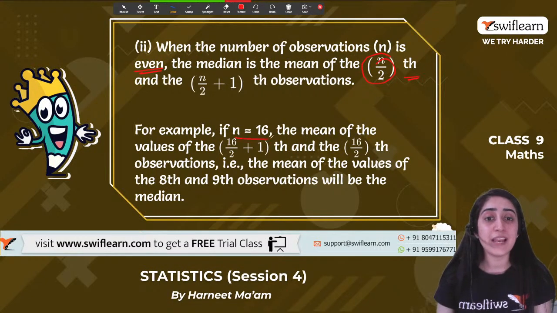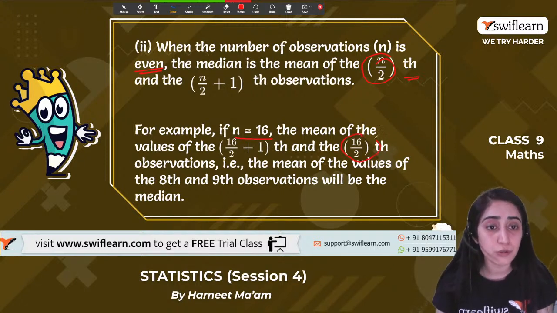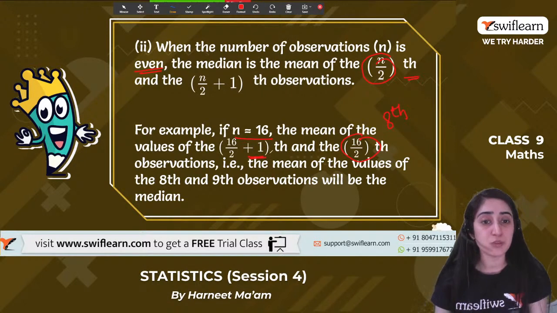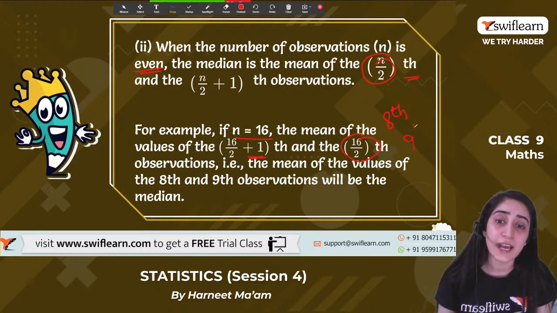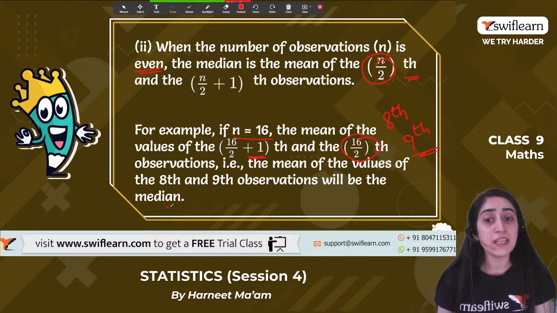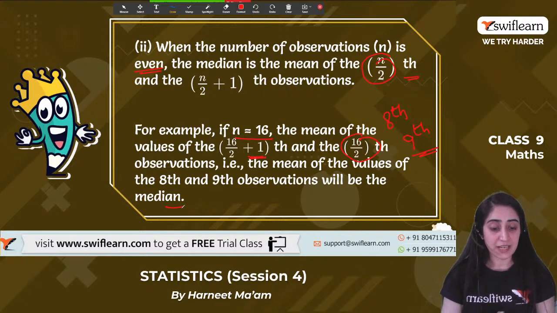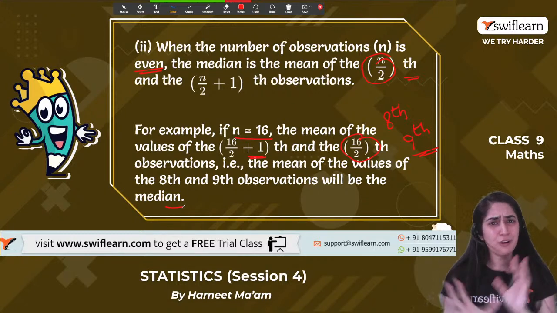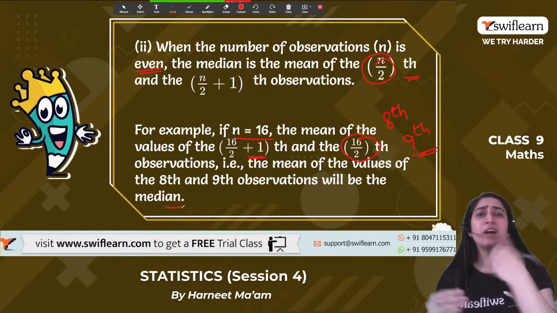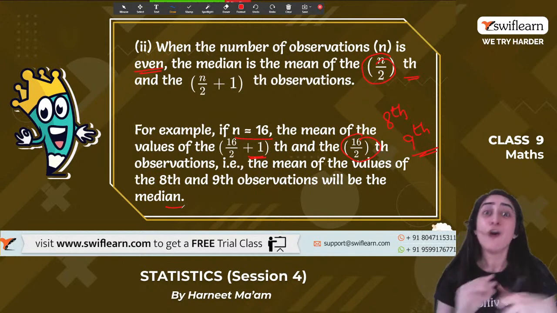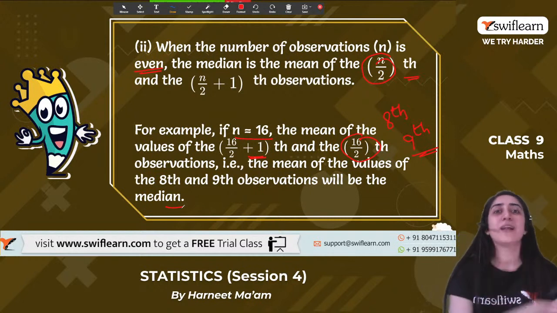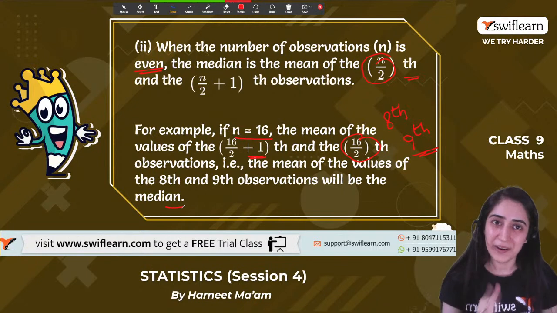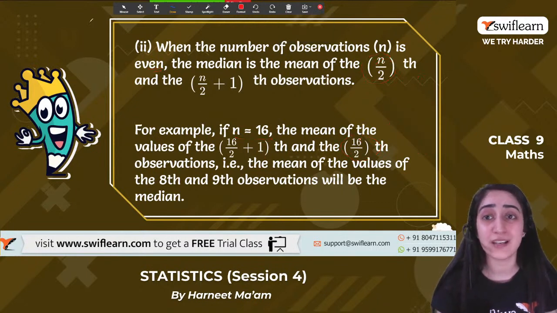So for example, n is 16. तो 16 by 2, एक observation होगी. That is the 8th observation answer होगा. Second is +1. So 8 के बाद कौन सी है, 9th observation will be the median. I hope it is clear. Simple logic हो रहा है. डिवाइड नहीं हो सकता तो 1 ऐड करके डिवाइड कर देते हैं 2 से, और हो सकता है तो उसको डिवाइड करो और उसके साथ वाला भी बोल दो कि दोनों आंसर क्लियर।